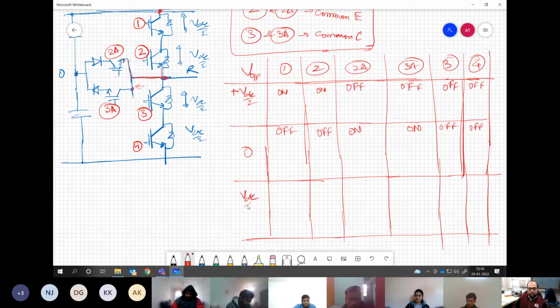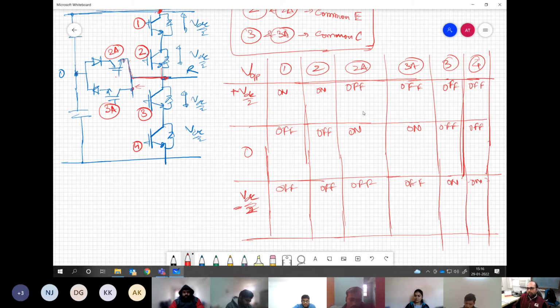Okay, now the last option, minus VDC by 2. Tell quickly. 3 and 4. Correct. This should be on. These other 4 should be off. Now 4, this should be on. Yes, correct. So 4 should be on. 3 and 4 are on for minus VDC by 2 realization. Now let us